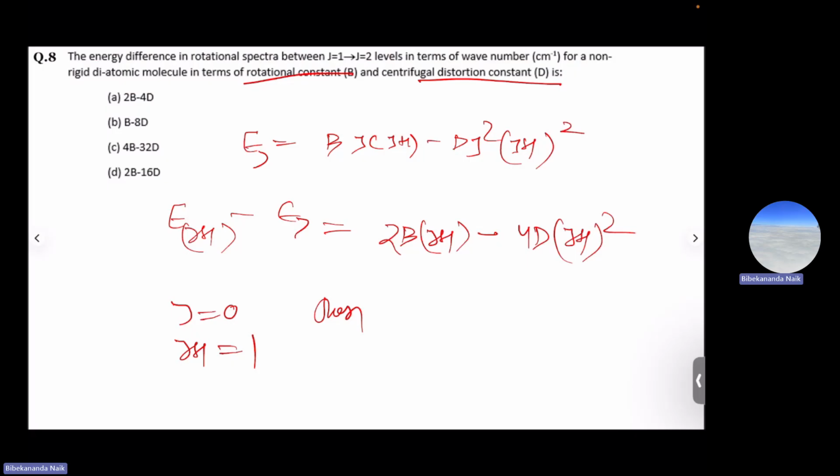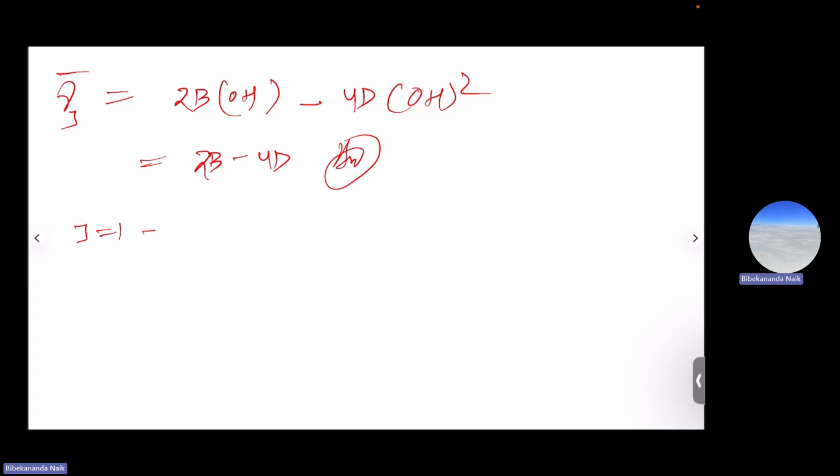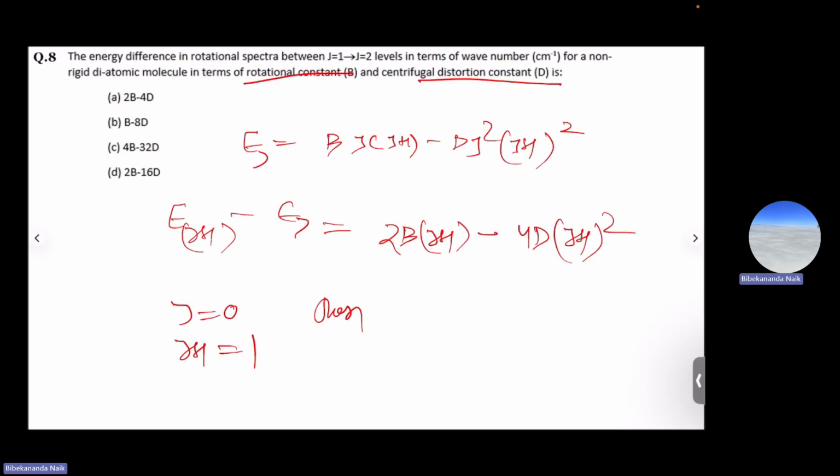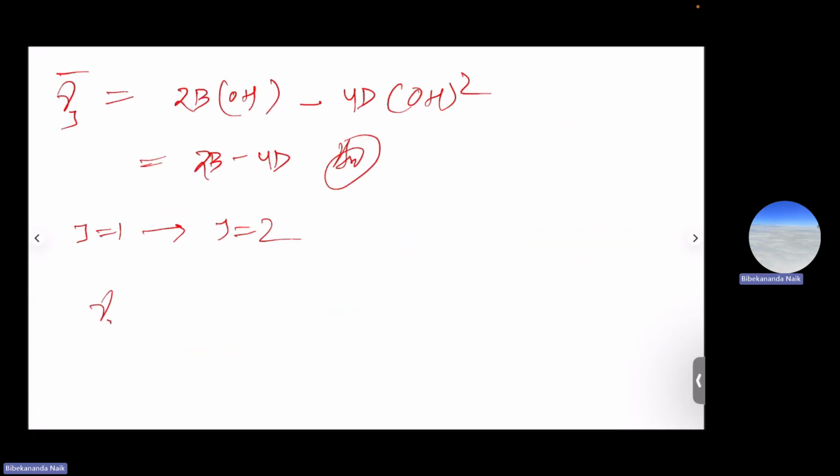Sorry. So this was 0 to 1, so 2B minus 4D. But in the question it is given 1 to 2. So J equals 1 to J equals 2. So the new wavenumber will be 2B(1+1) minus 4D(1+1) squared. So 4B minus,